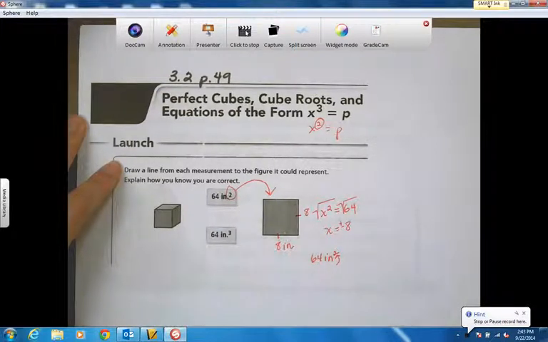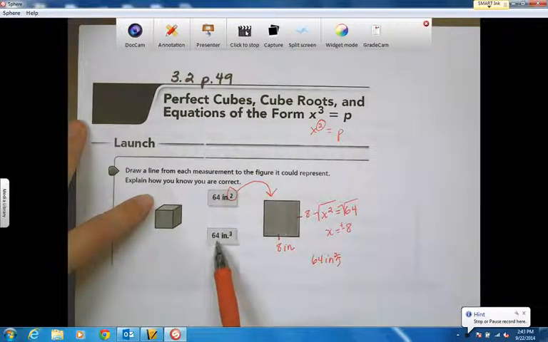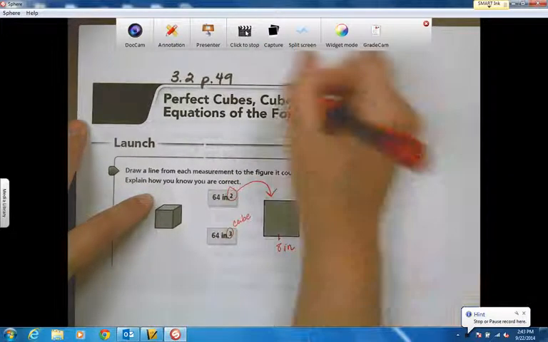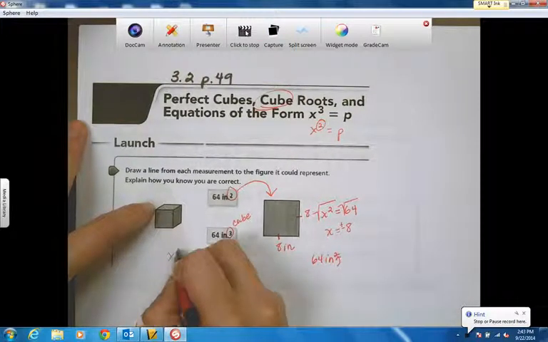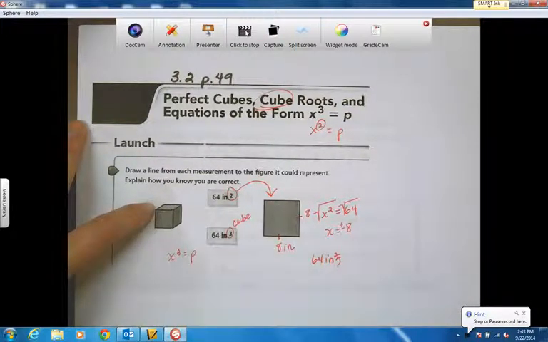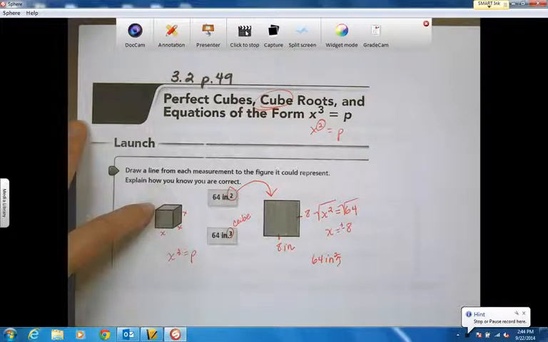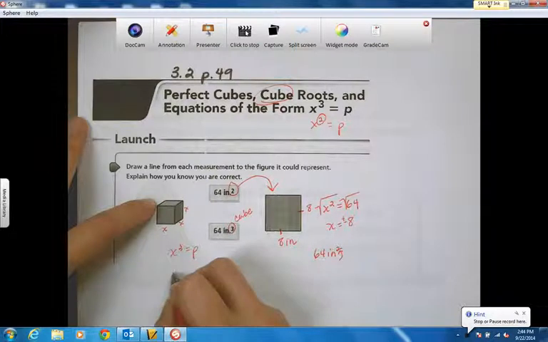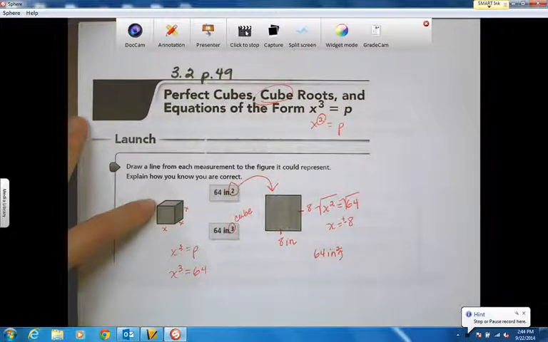So then we look at a cube, and it's saying it's 64 inches cubed, and we call this a cube, just like it has up here in the learning goal, a cube, because it actually comes from finding the volume of a cube, which means that for this equation, when I have x to the third equals p, that means I have something times something times something that is going to give me 64. So I would set up that equation, and I would say, okay, I would have x cubed equals 64. And so the way that I do that is I say, okay, what number times what number times what number